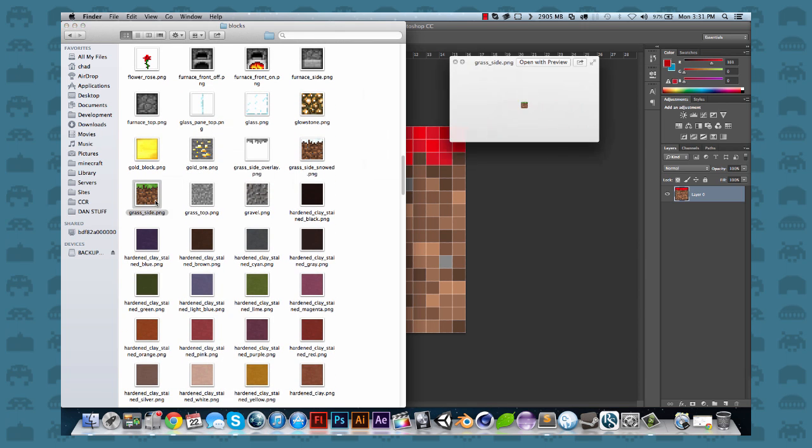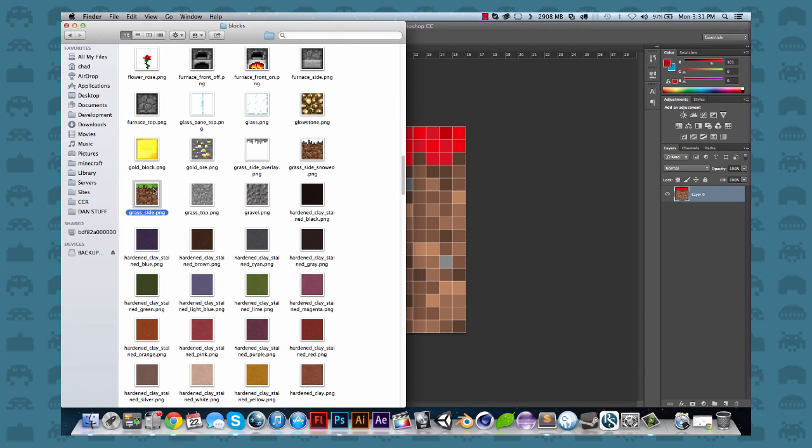You want this one right here. So this is grass side right there. So I just open that up in Photoshop and change the colors. I think I used 3 or 4 different shades of red. Top, again, I just took the normal grass top and adjusted it as